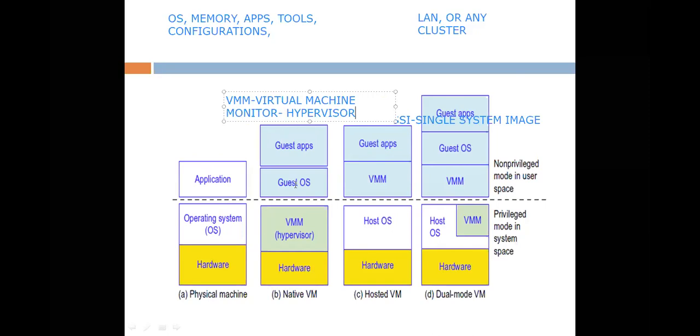So if a term says hypervisor, the work of the hypervisor is that it will look after the work of a virtual machine. Virtual machine monitor means it will look after the things that are going to be handled here. So here we are placing VMM based on the virtual machines we are using. In the native VMM, it is there, and then in another VMM, it is in another mode. Another, the dual mode, means having VMMs in two modes.